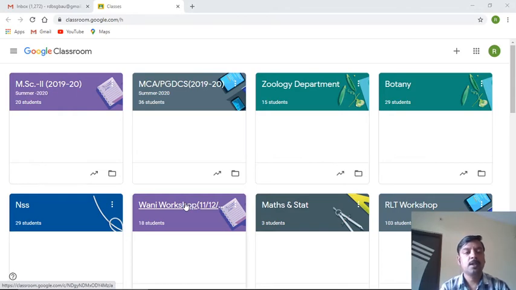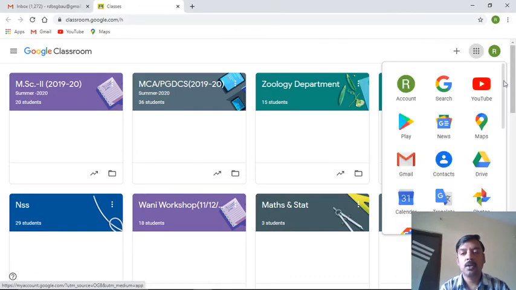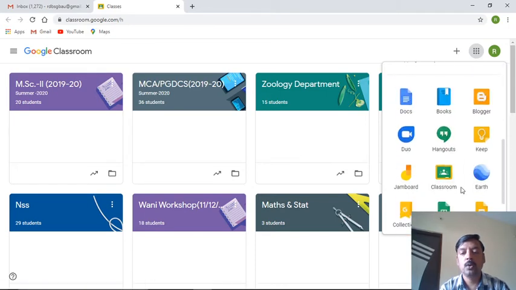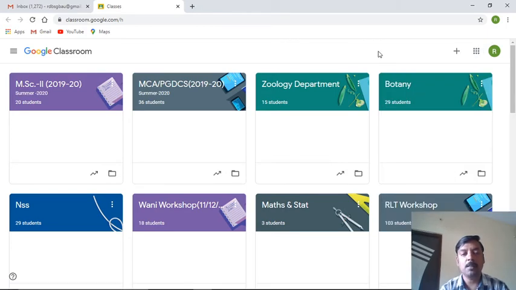Okay, so the moment we have clicked, again I'll repeat. You have clicked on these 9 dots, you have gone to the app for Google Classroom. We have clicked on that, and once we have clicked, you will get this type of interface. Again, if you are a person who has not yet used Google Classroom, then at that moment nothing appears over here. So this is most important.